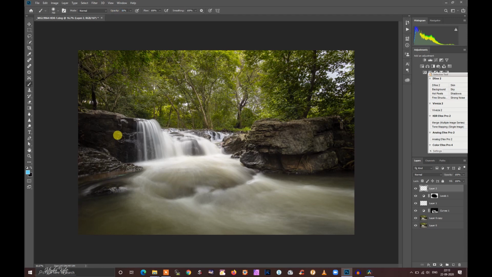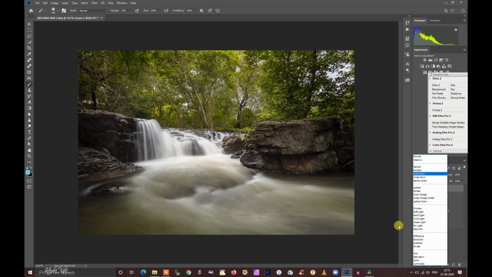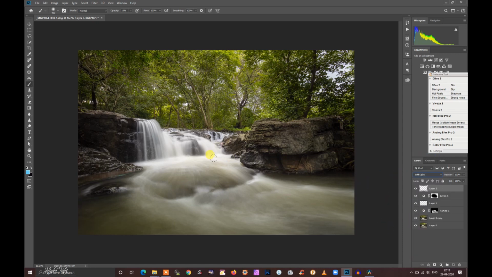By pressing bracket keys, you can reduce the size of the brush, and I will change the blending mode to soft light, and I will paint this water here with blue. And I will change the opacity so that the effect will be very subtle.